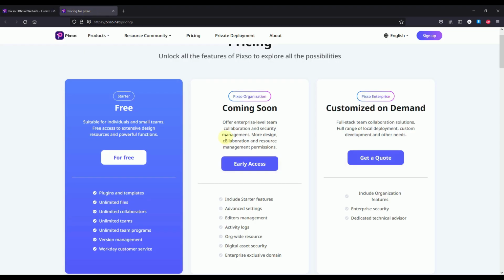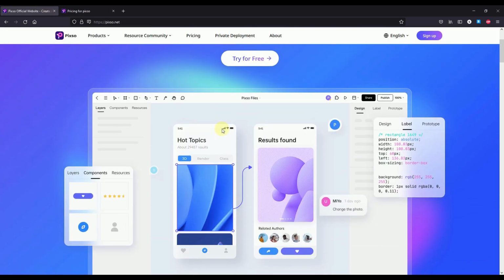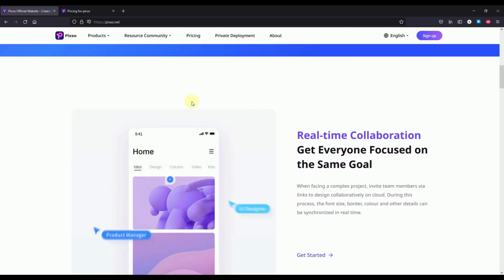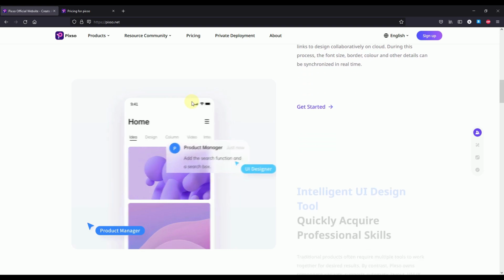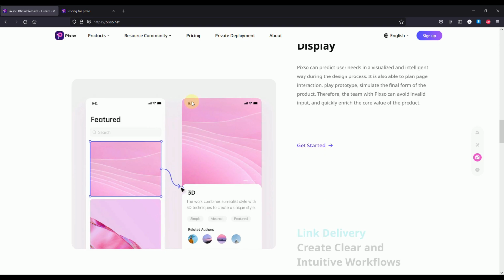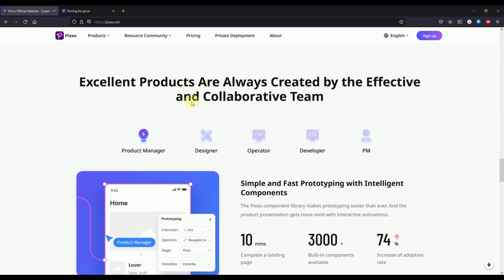So as you can see here, you can use this tool for free without any issues. So you can just open up their official website, which is called pixso.net, and you can just scroll down below to see other different kind of details and information about this specific tool as well. So you can also use this tool to make prototypes as well, so it's quite convenient and easy to use